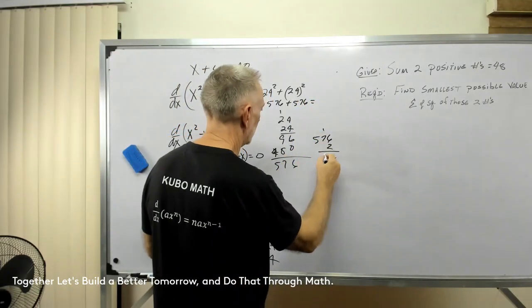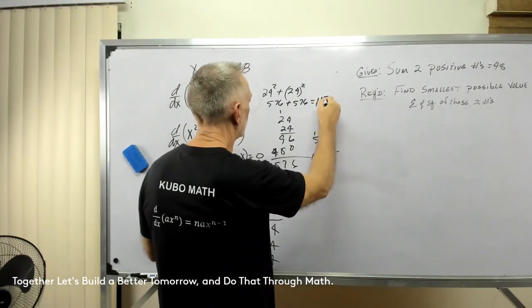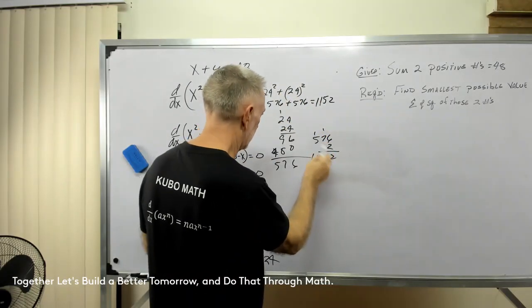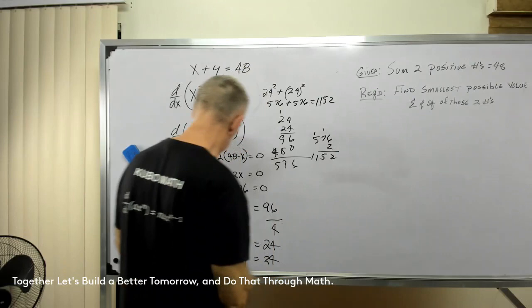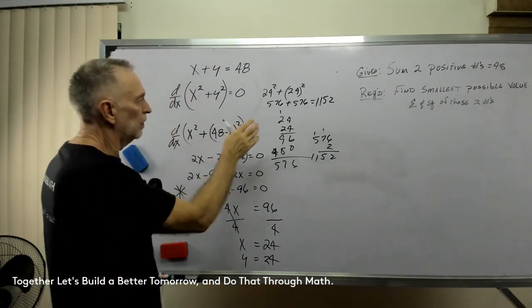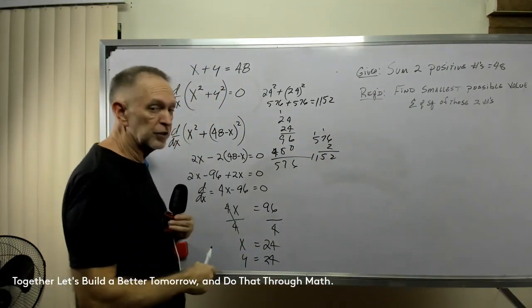1152. All right, 1152. So that's the sum of the squares of the two numbers that we've established